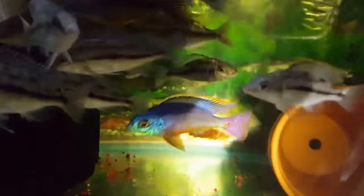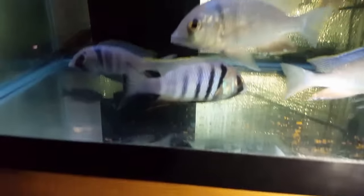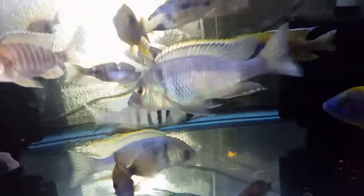What else do we have here? We got some breeding group action. My beautiful super red empress. In this tank, very beautiful Electras, or the deep water hap, and I was only able to get 4, and 3, the 3